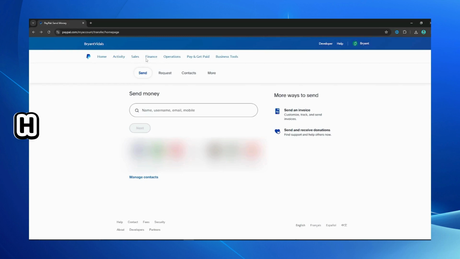In this video, I'll show you how to open a PayPal donation link. The first thing you want to do is log into your PayPal account. The next thing you want to do is go to the top menu, then select the